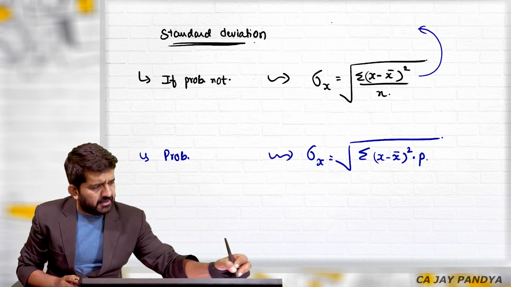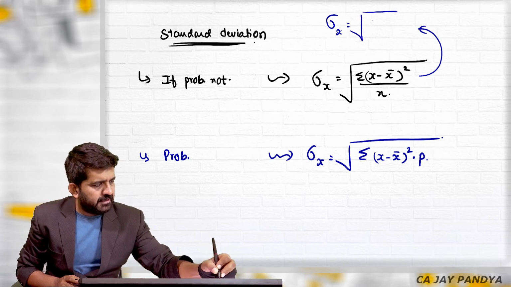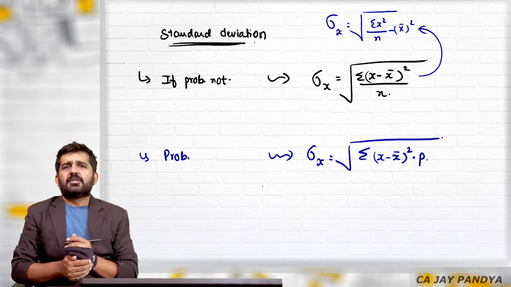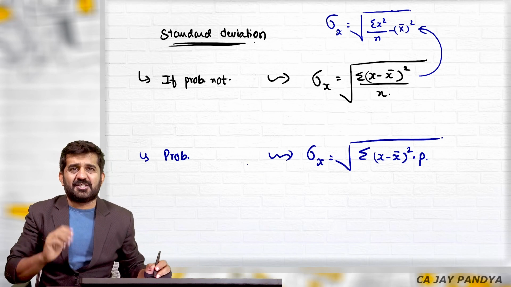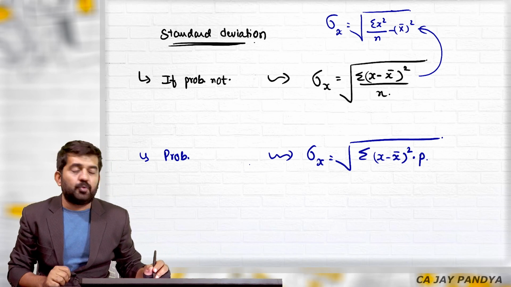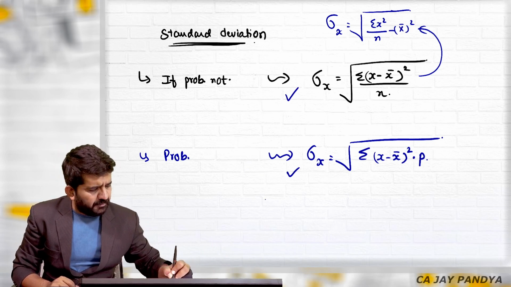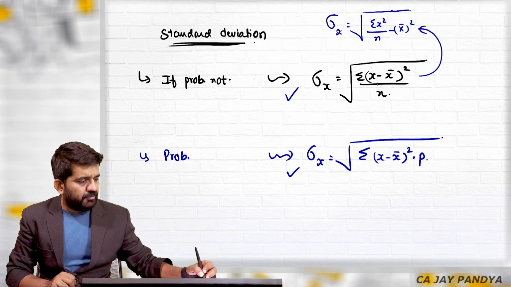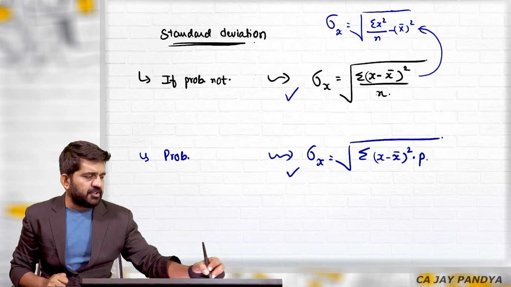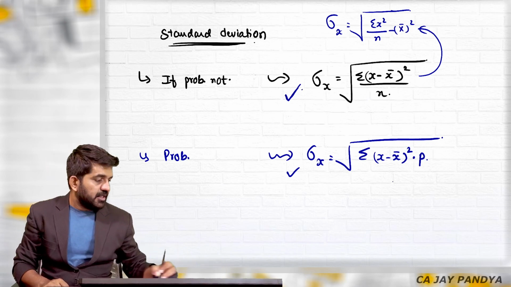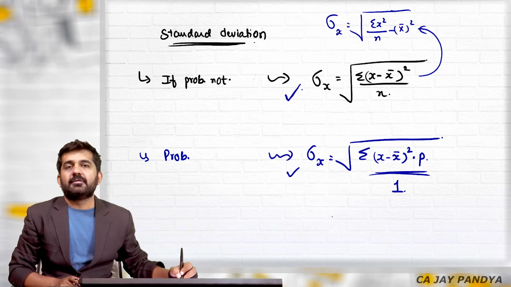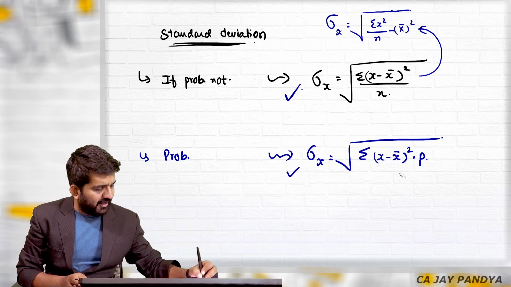Here, there are other formulas also which are available. Standard deviation of x, it is sigma x square upon n minus x bar whole square. These are also the formulas for standard deviation. You can just refer to the chapter of standard deviation in statistics in probability, and you can find out n numbers of formulas. But in intermediate, normally the answer will be sufficiently found out by these two methods. Either there will be majority of times there will be probability. If probability is not there, we can take simple average and find out this answer. Sir, why there is nothing in this denominator? Because total probability is always 1. So there is no meaning in dividing anything by 1.